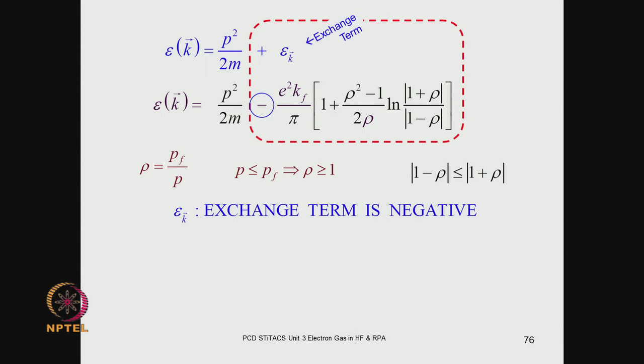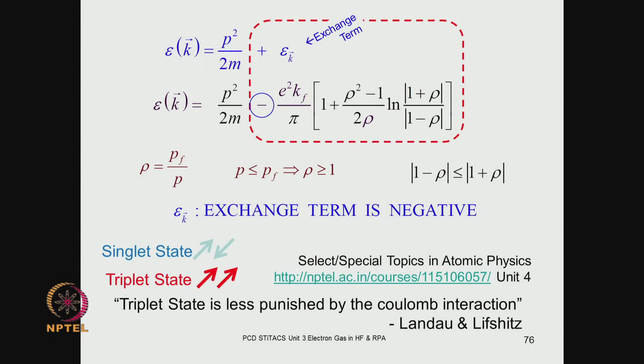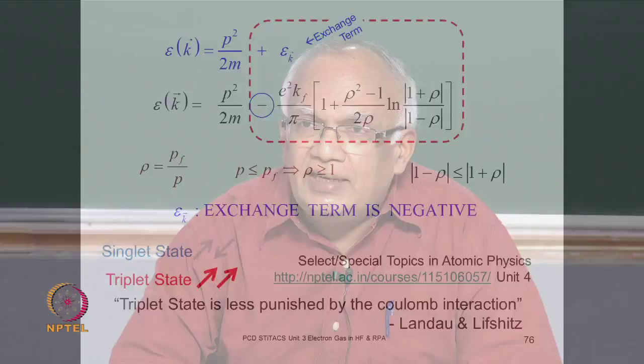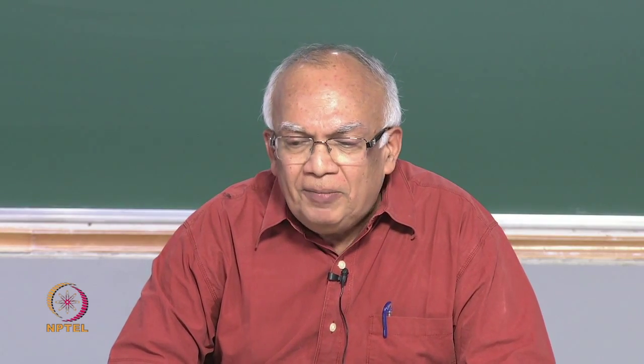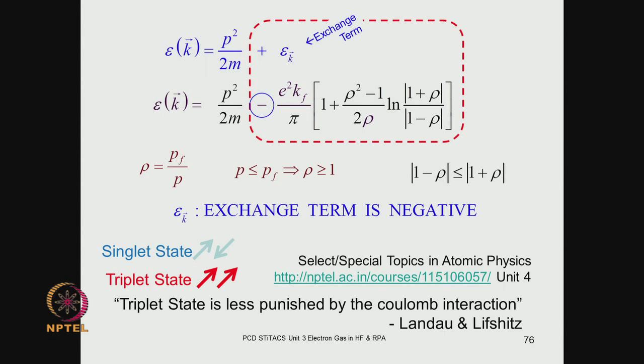Now, this is a result that we have actually met before, because when we did the previous course on atomic physics, we discussed the singlet and the triplet states, and we quoted from Landau and Lifshitz that the triplet state is less punished by the Coulomb interaction, because you have this exchange interaction, and the triplet state for a 2 electron geminal wave function always has a lower energy than the singlet state. So it is the same kind of result, and let me remind you of this result a